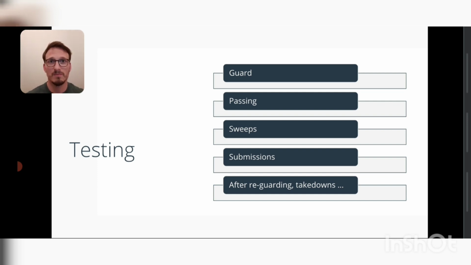It's not like, okay, now you're in guard, do something, but in a real fight, you are more likely to have a takedown happening, and during that takedown you will already have to do your guard retention. You have already tried to get your grips, and when you hit the ground, or even before you hit the ground, you have to try to position your body in an advantageous way. So